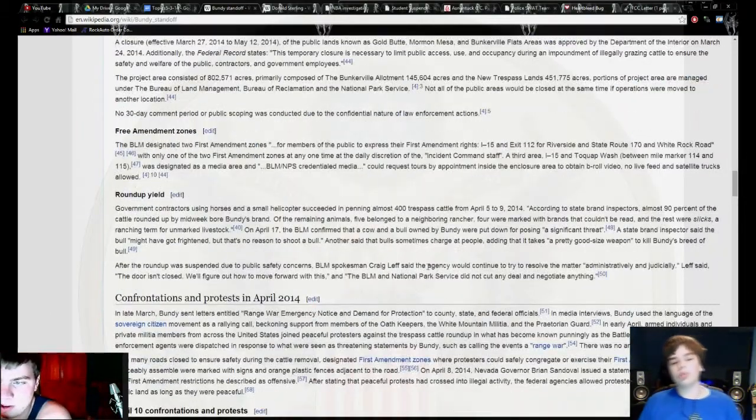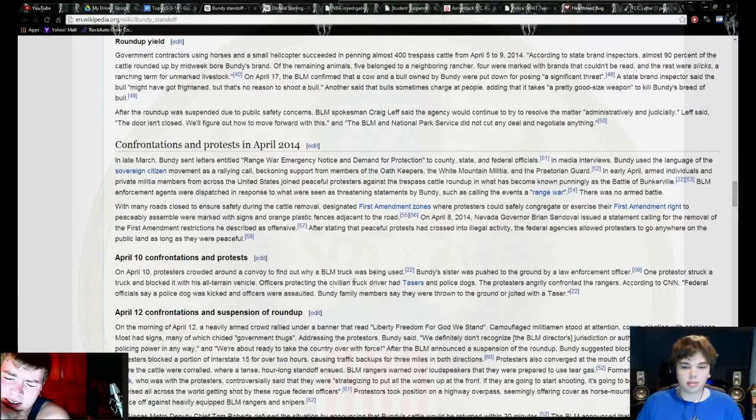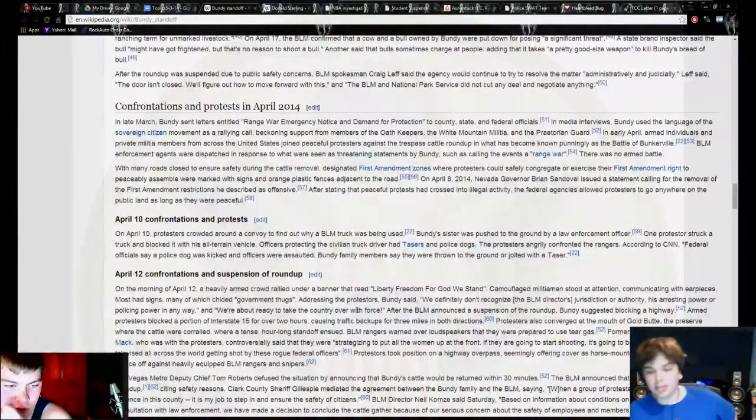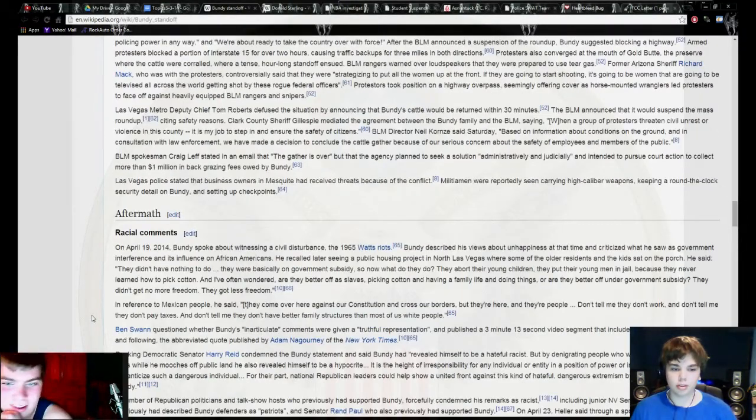So this land was for protecting, what were they protecting? A species of desert tortoise that was going extinct, I believe. Oh yeah, because cattle are going to eat that, am I right? Yeah, it's been proven that the cattle really didn't have any effect on the tortoise anyway. Yeah, exactly. Free range. I mean...